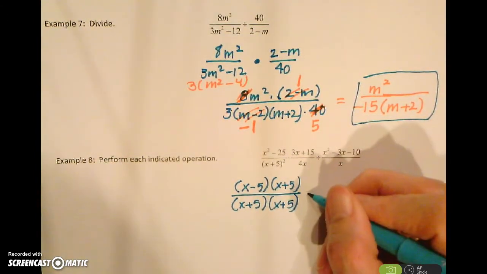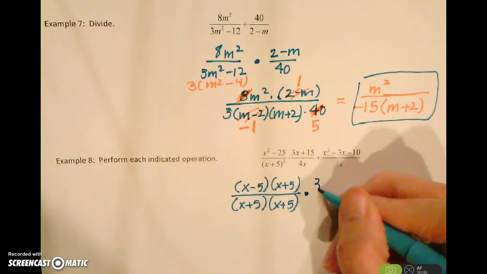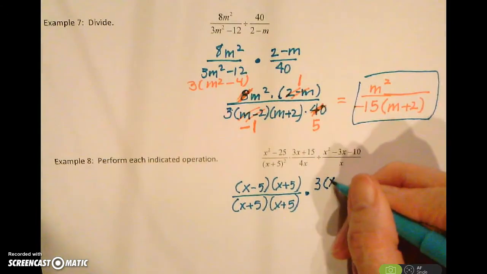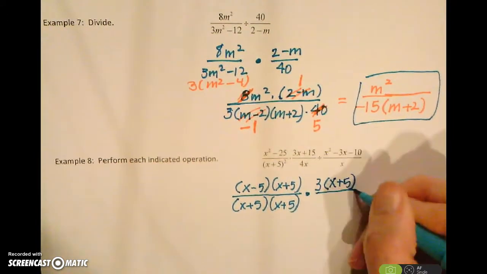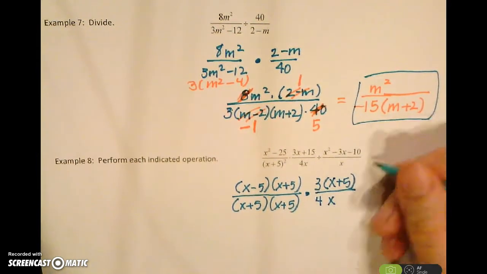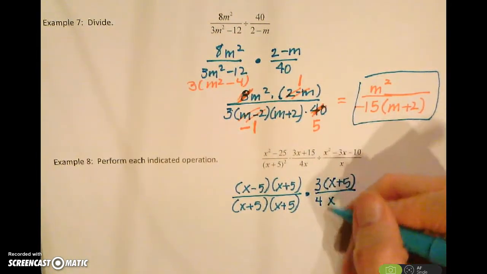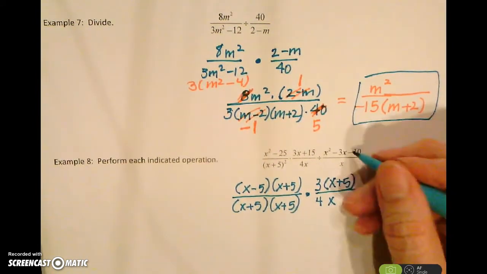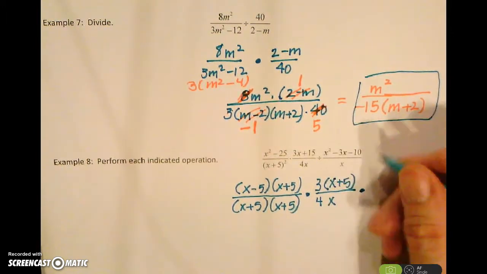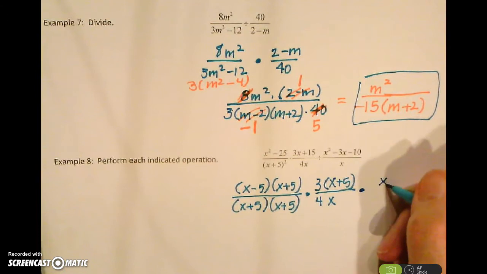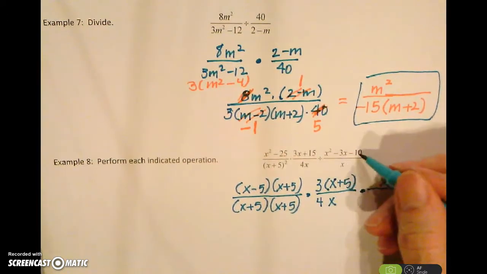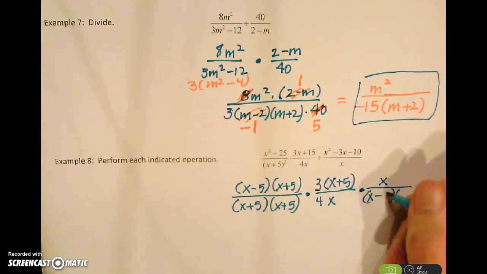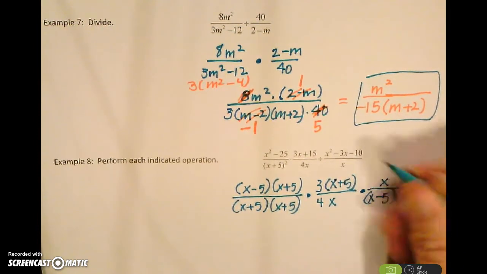Then I have multiplication, and 3 times x plus 5 divided by 4 and x. And now I have a division, so I'm going to keep everything on this left side the same. I'm going to change my division to multiplication, and I'm going to flip this second one, and I'm going to factor as I go. So this is going to put the x in the numerator, and then I'm going to factor this with an AC method, and that will become x minus 5, x plus 2, multiplies to negative 10, that's